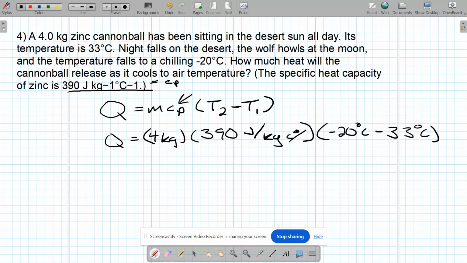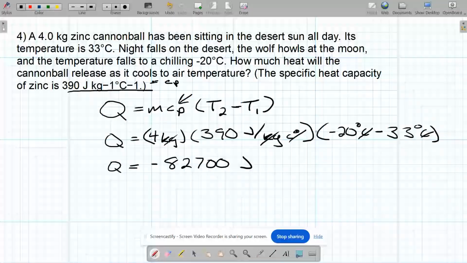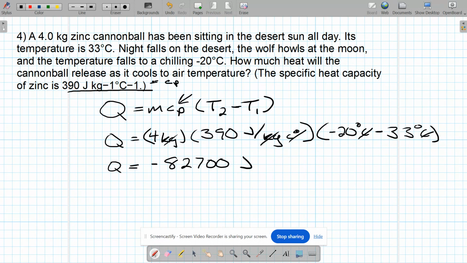Now what's interesting is this Celsius cancels with this Celsius, this kilogram cancels with this kilogram, and so you get an answer in joules. So if I plug that into a calculator, I get about negative 82,720 joules. Now, how this relates to your current lesson is that we're measuring thermal energy, which has a mathematical